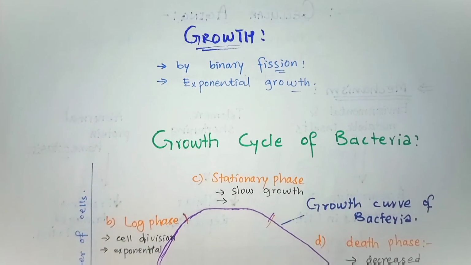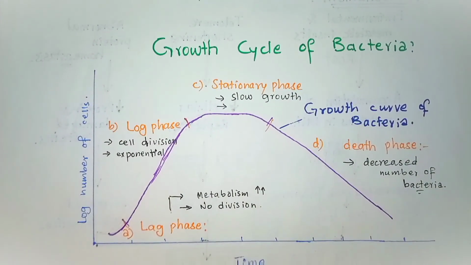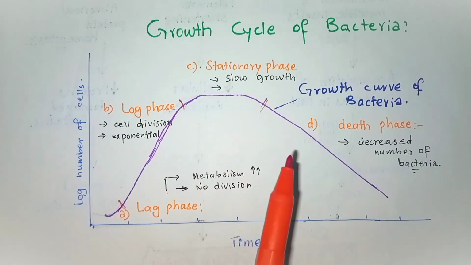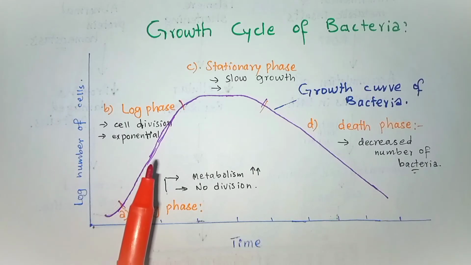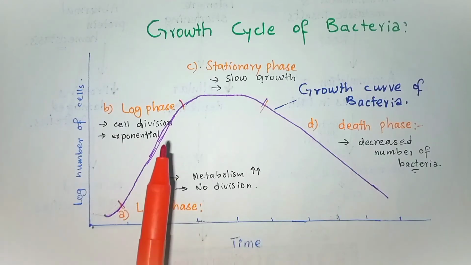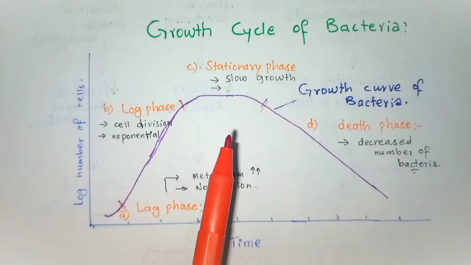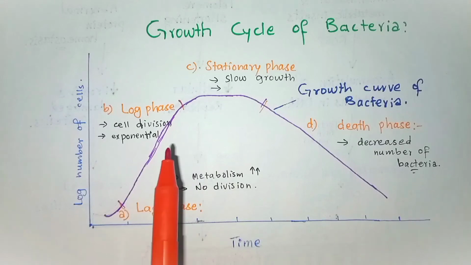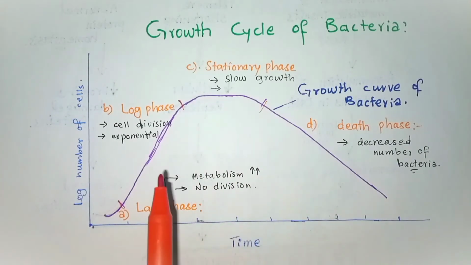Now moving toward the growth cycle of a bacteria through a graphical presentation. Here I have made a graph that shows the growth cycle of a bacteria including its 4 major phases. The growth cycle of a bacteria has 4 major phases. If a small number of bacteria are inoculated into a liquid nutrient medium and the bacteria are counted at different intervals, the typical phases of a standard growth curve can be demonstrated through this curve.